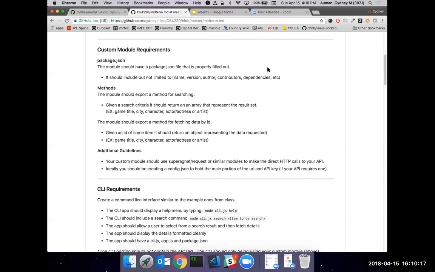The idea of these projects in this midterm is for you to start piecing everything together and write the code yourself, so that you have a clear understanding of not only JavaScript, but how the stack is working. How is your backend talking to an API, and how is that communicating with the front end, whether that's a command line interface or a browser using Vue? So we'll get the final requirements out shortly as well. Are there any questions before we start the lecture on that?